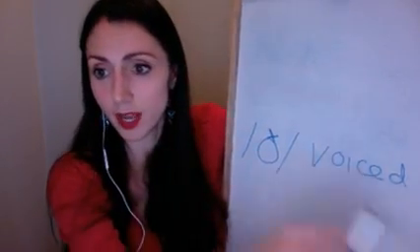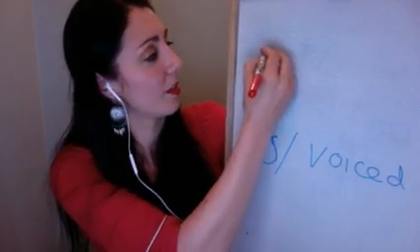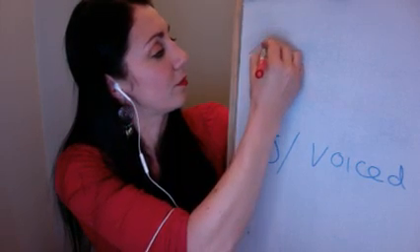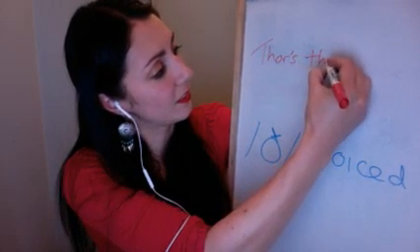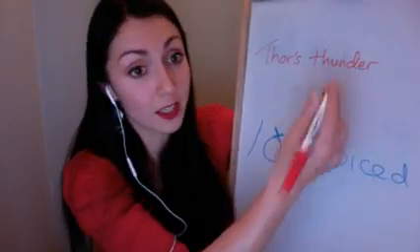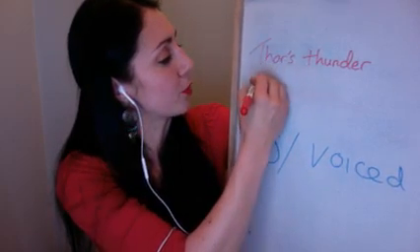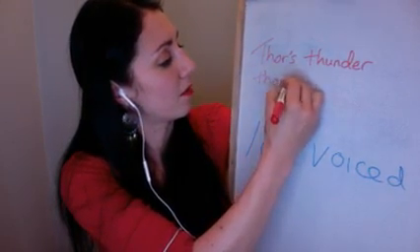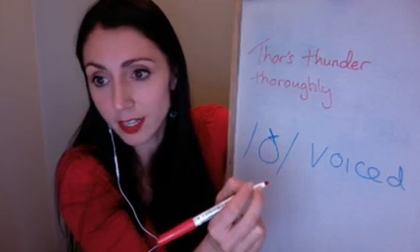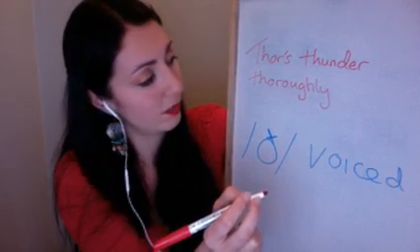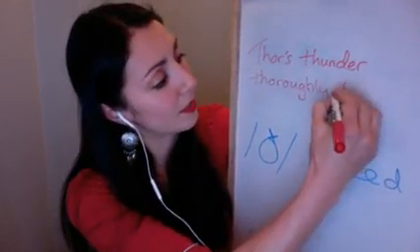Let's make another one. So we have, let's put this out for everyone. Thor's thunder. So Thor is a character, it's a person. Thor's thunder, and this is a great word that lots of people struggle with. Thoroughly. Thoroughly. What did you write? Thoroughly through me. Yeah, we'll write that out. Thoroughly